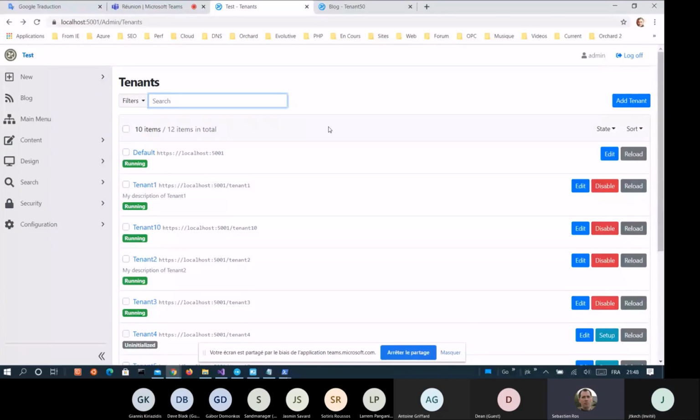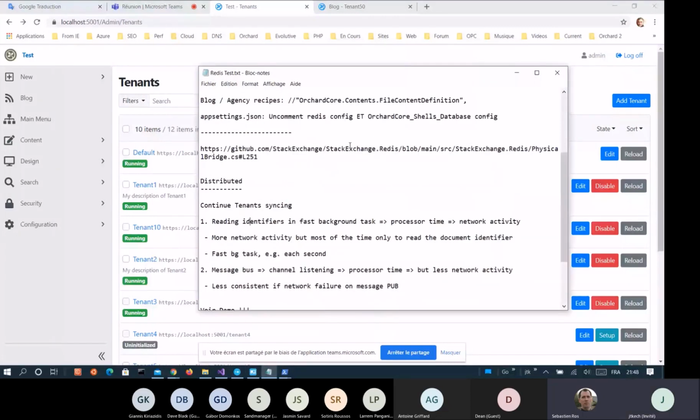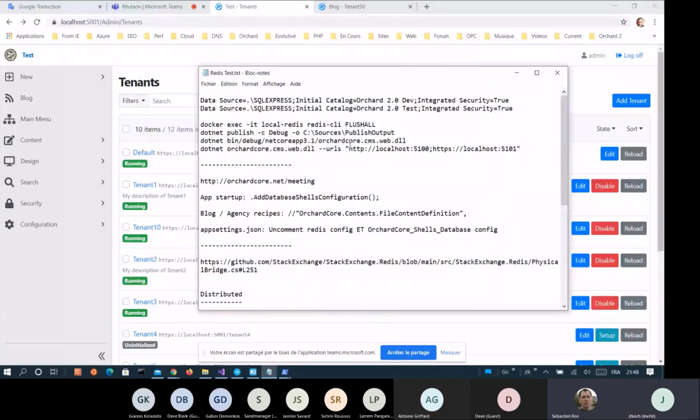I assume there are other services that will need to be distributed, like Lucene, that is not distributed. Well, yes, I have some little things in my notes. Almost all services are distributed aware. I made autoroute; it was not before.